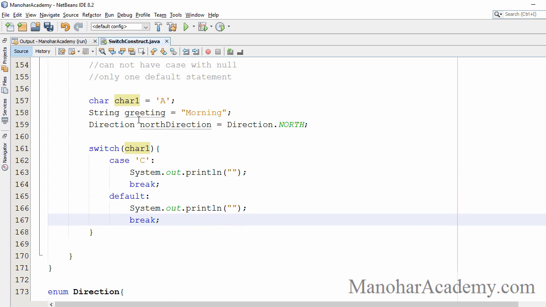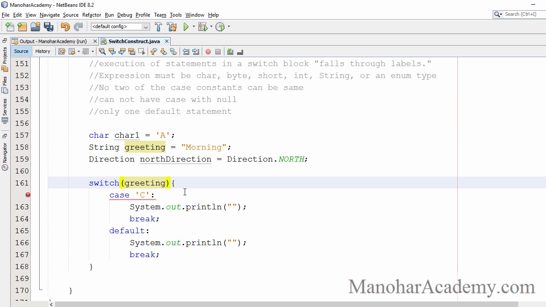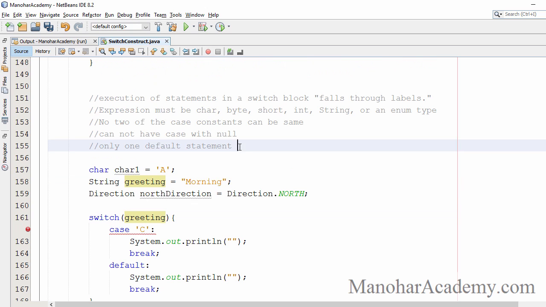Next we are taking a string and switching on the string, so the case labels should be strings. Where did I miss that? The statement is missing here.